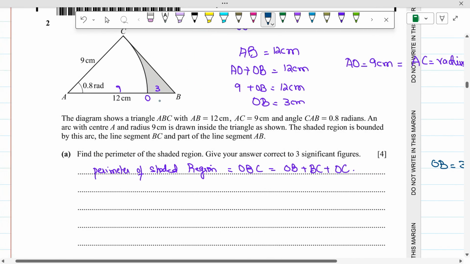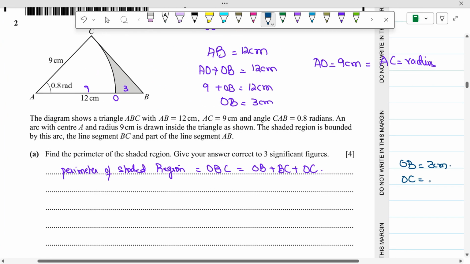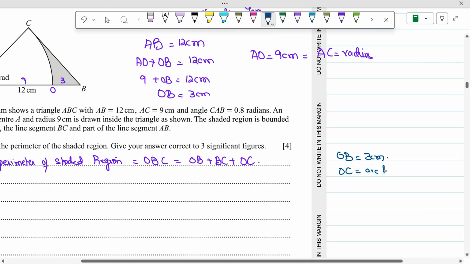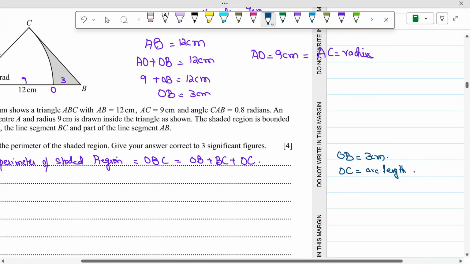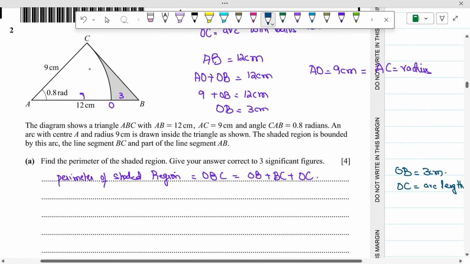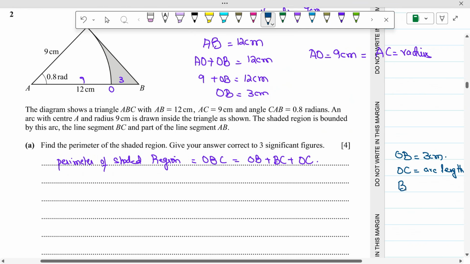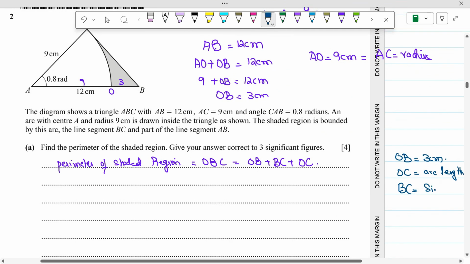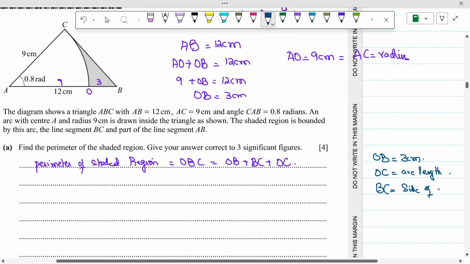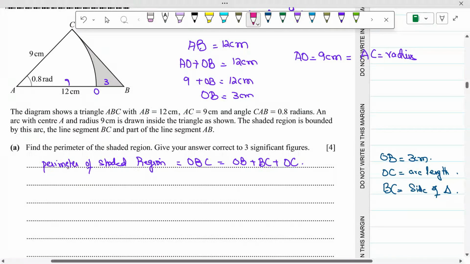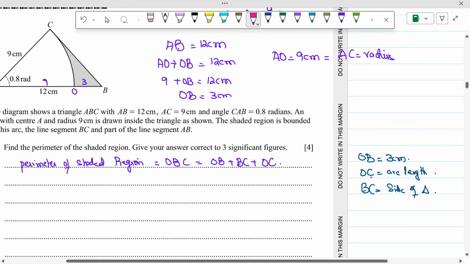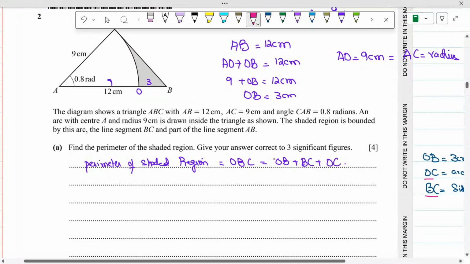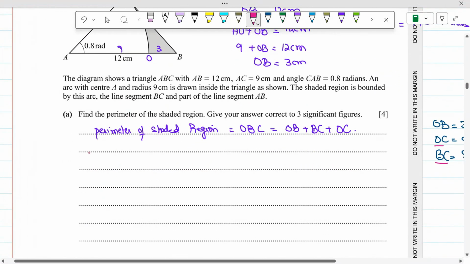OC is the arc length, and BC is the side of the triangle. To find the perimeter we need OC and BC. So first we find OC, which is the arc length,